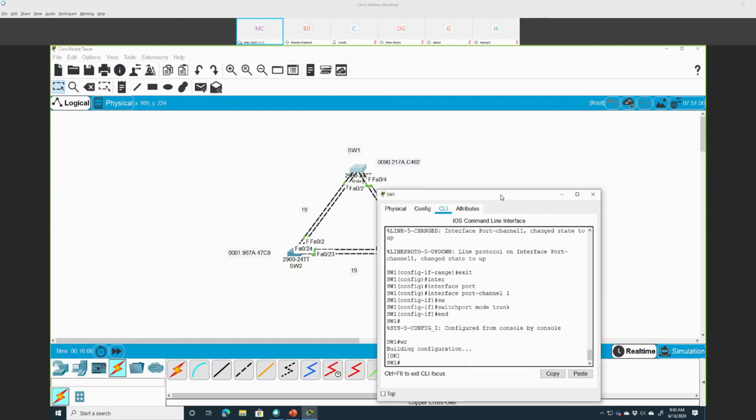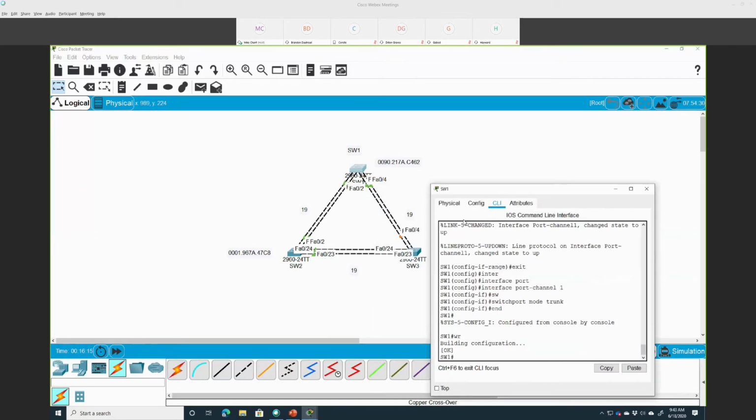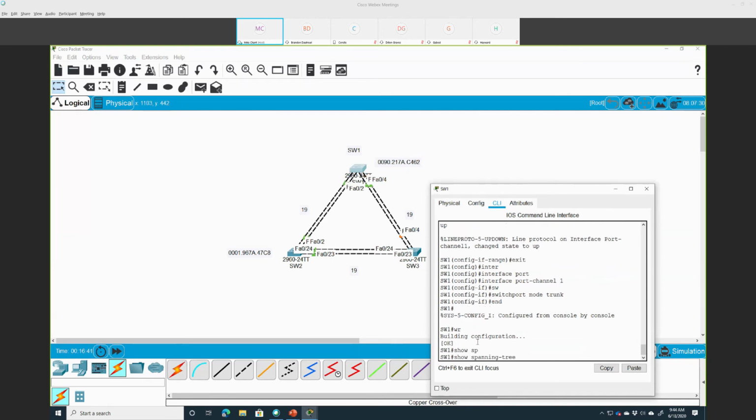So notice now what's happening. Before, I used to have this one blocked. You see, it was blocked right here. Now it's blocked in here. So if I go to this switch, before, this is the root bridge, and the cost was 19. So if I do right now show spanning-tree,